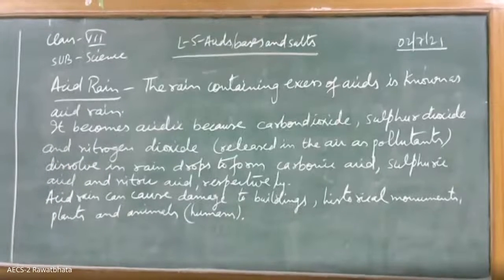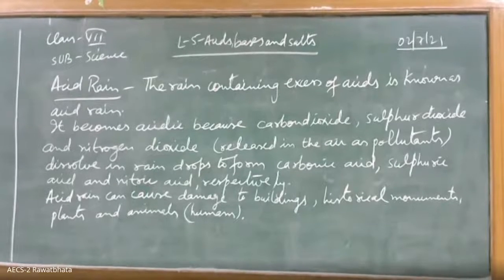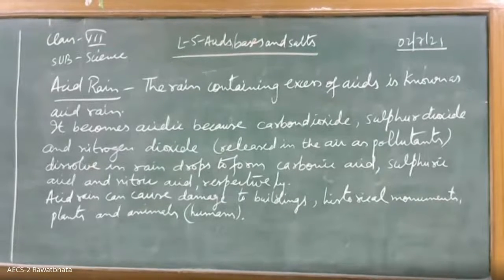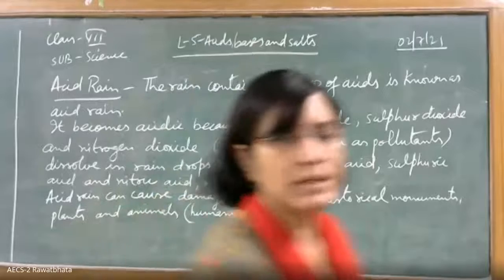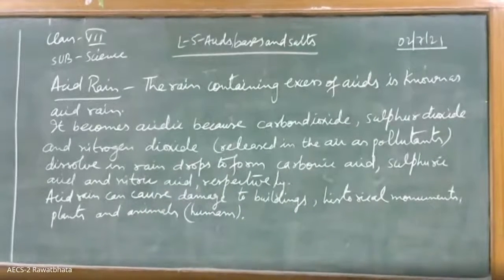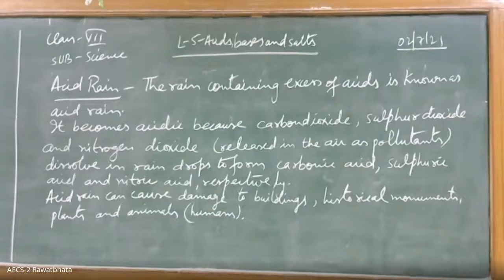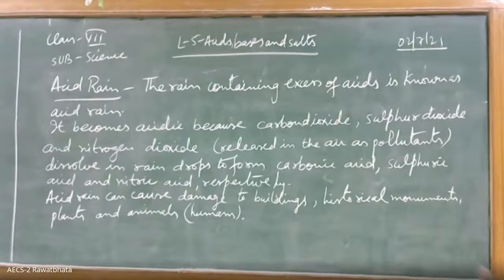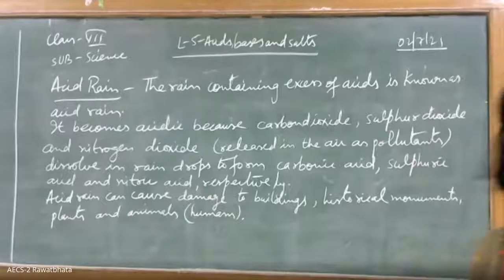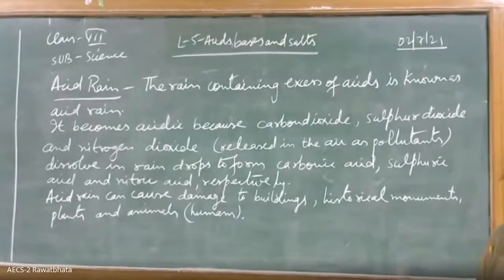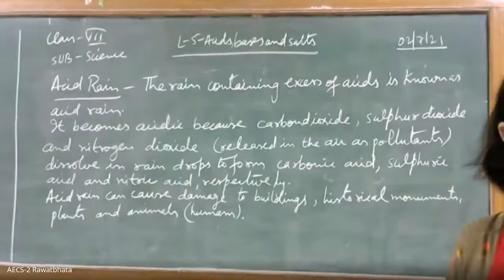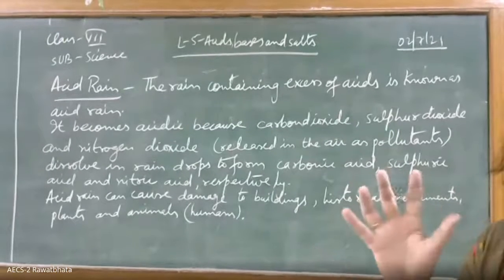So this again can be asked to us as a 2-mark question, and in that we are supposed to write about acid rain. So how do these gases go in the air? You burn the fuel and these gases are released. The components are present in the fuel, you burn them and then it rises up. It rises up and combines with water vapors.